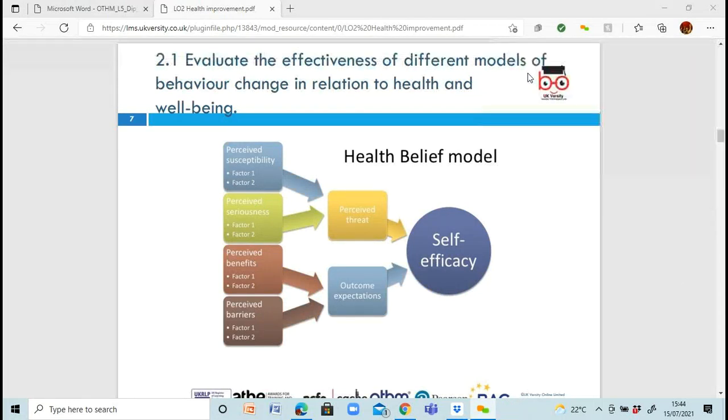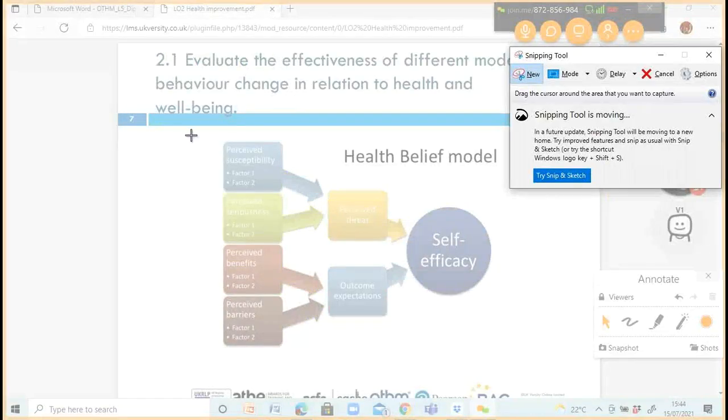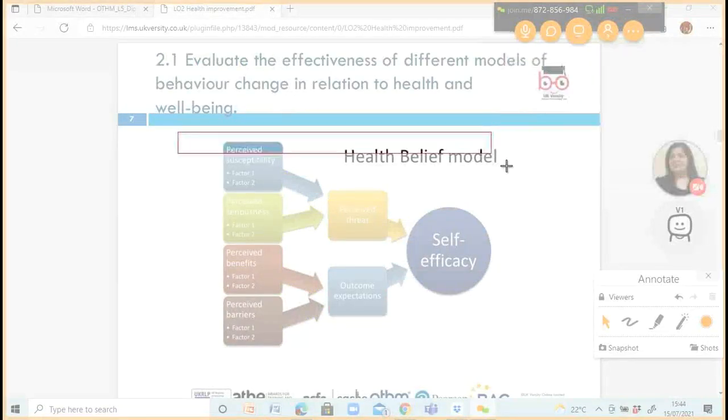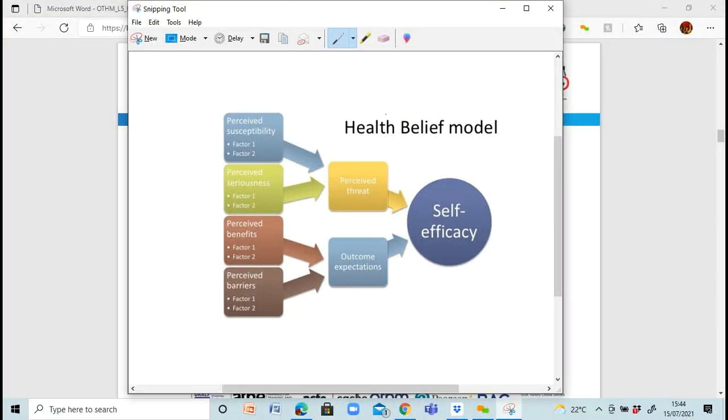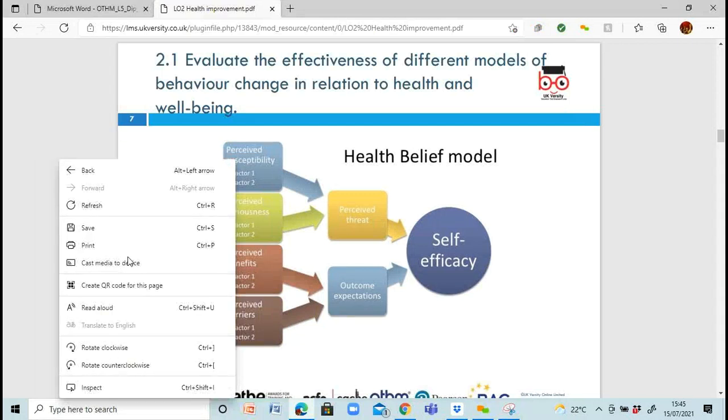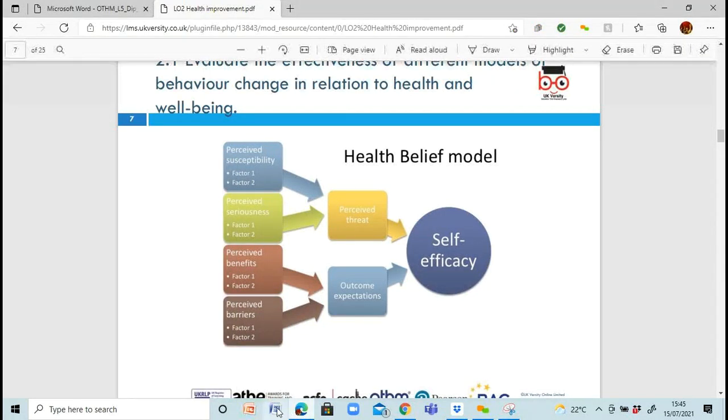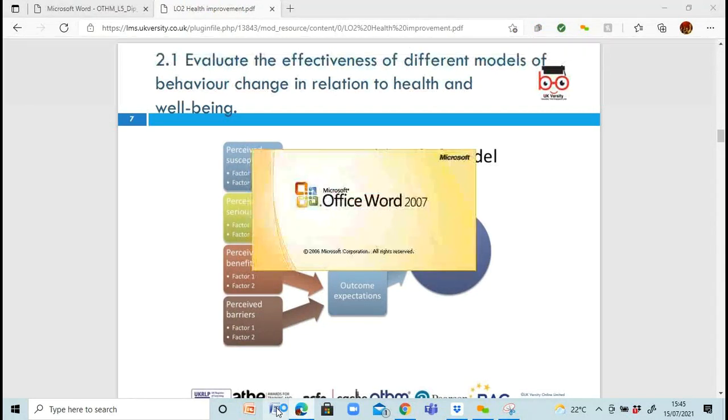So you press new, and it goes like that, and then you just cut out what you want. I did not know that. Yeah, and then you just go onto this where it's got that paper, so copy. And then if I wanted to, I could just go and paste it. It won't let me paste on here, but if I open a Word document, it'll just let me paste it